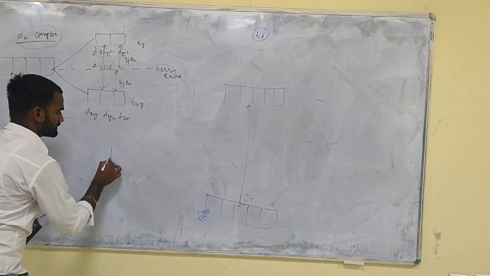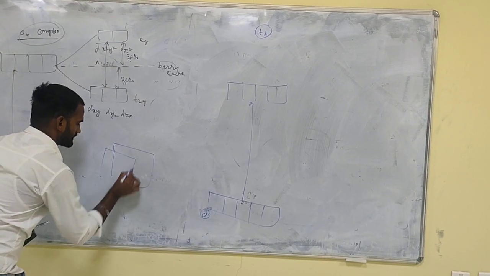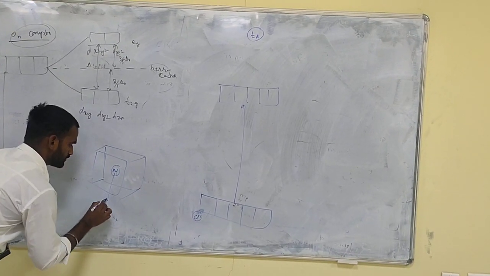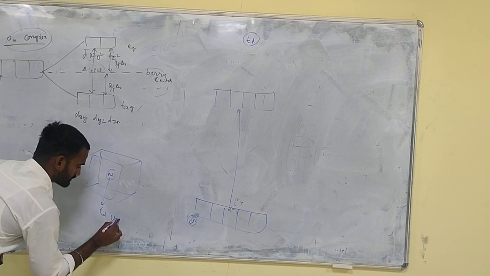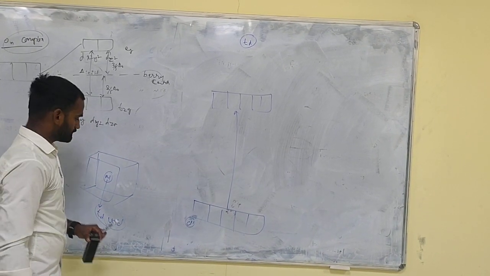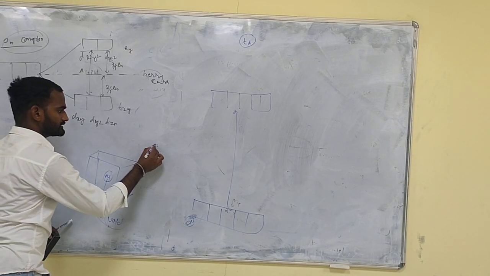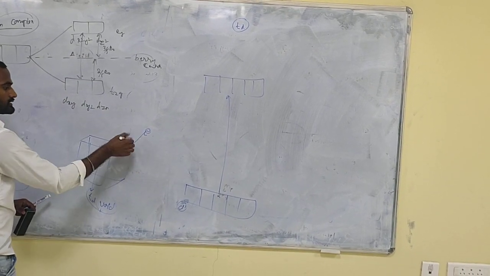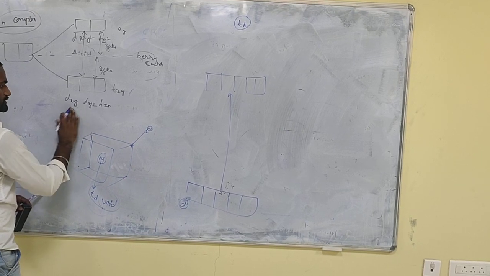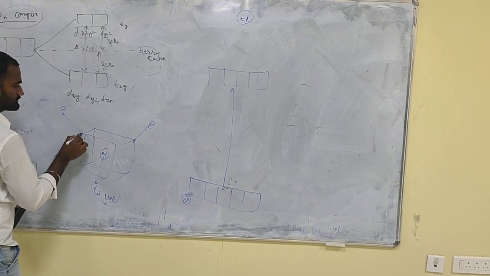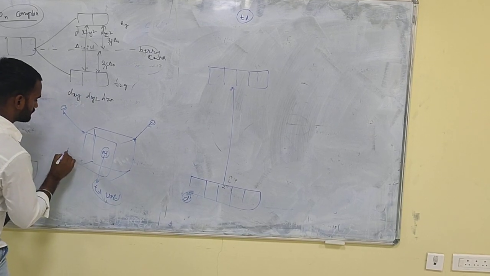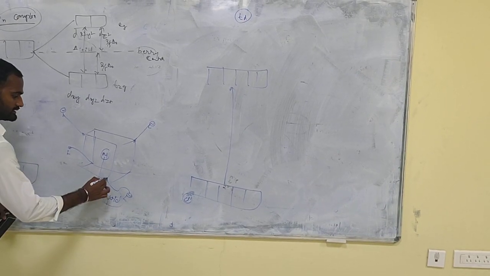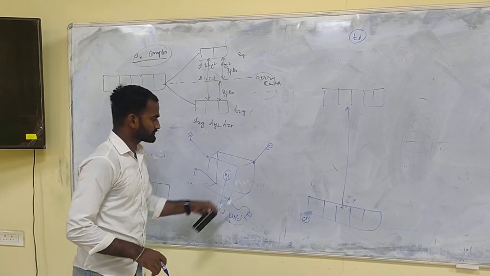How will it change? Suppose I have the same cube which has the metal here. This metal is now present in a tetrahedral arrangement. Tetrahedral means the ligands will approach from alternate axes of symmetry. If one ligand comes from this position, the next ligand will come from the back side at this position, and the next from this position. Like this, the ligands approach from alternate positions.